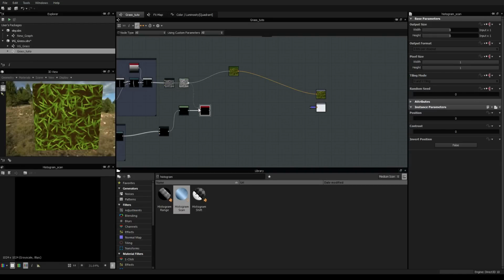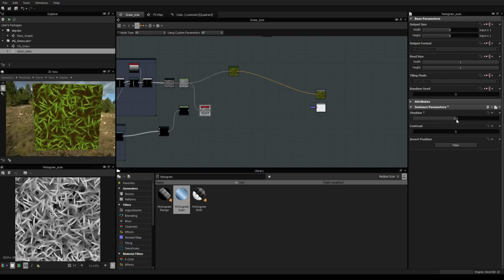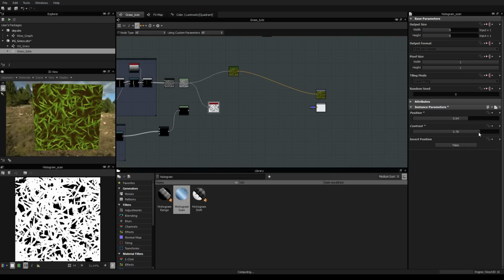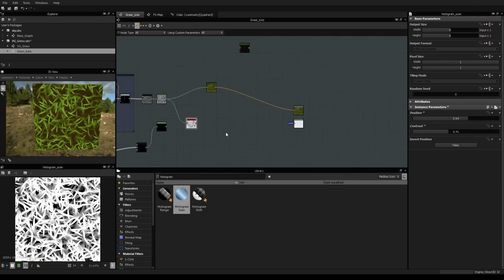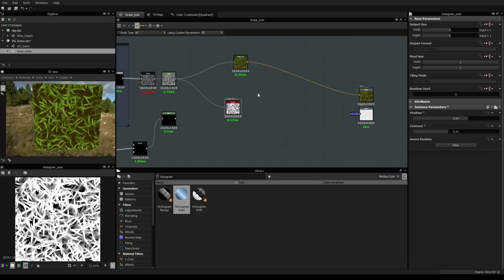So I have to plug it here, sorry. Here you don't see anything because by default the position is 0.5, which gives you the same result. And then from that you can choose a higher value, and especially higher the contrast. So you see, with that you can control how contrasty the mask is. So it's quite handy. So what we will do right now is create a blend node here,